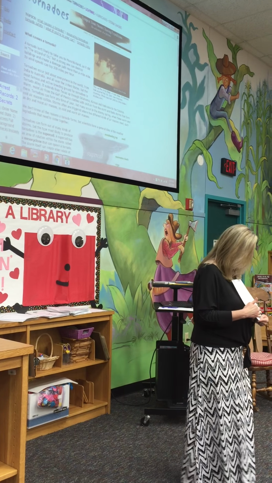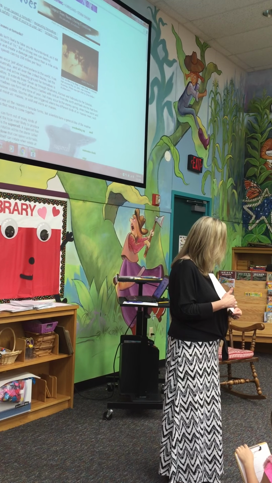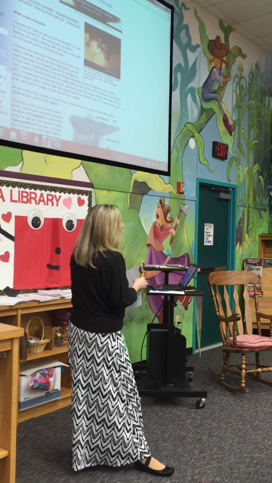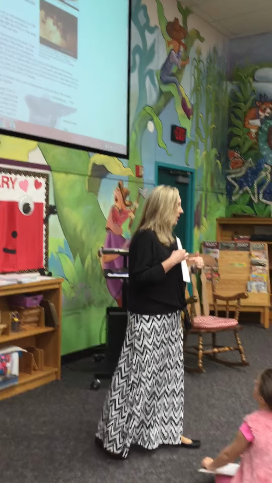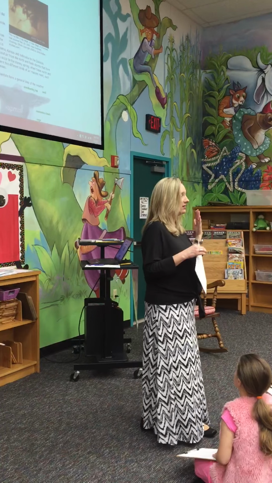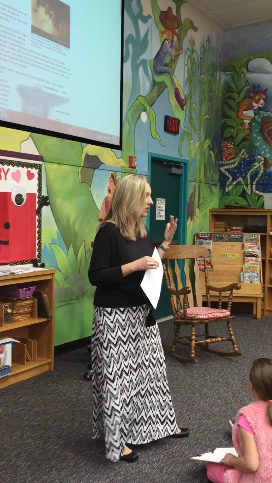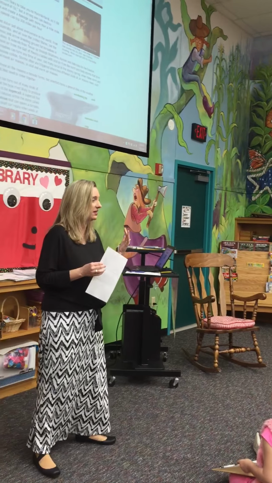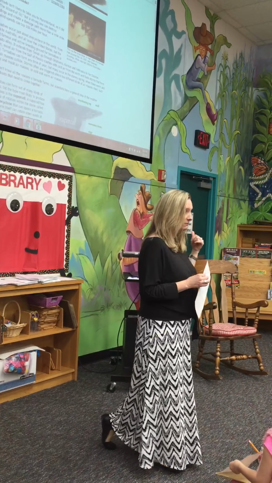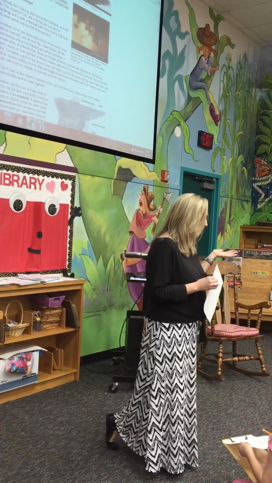So right here where it says web address, http://www, you're going to write what's in that bar on your paper right there. That way, when you take this paper home that's attached to your report, you could go back, type that in your computer at home or your cell phone if you have internet access, and show your parents where you got that information from. Okay? Because you want to know where you got it from, right?